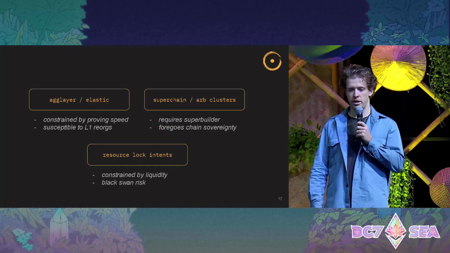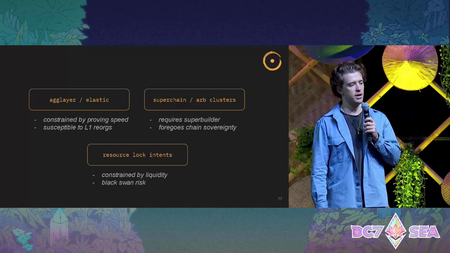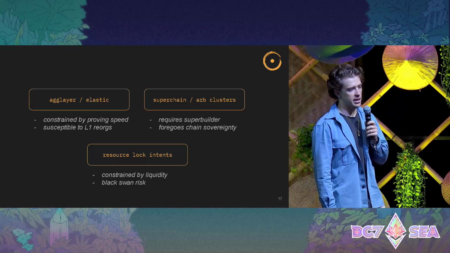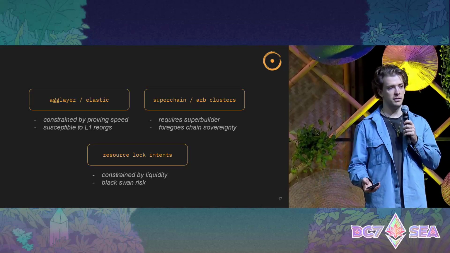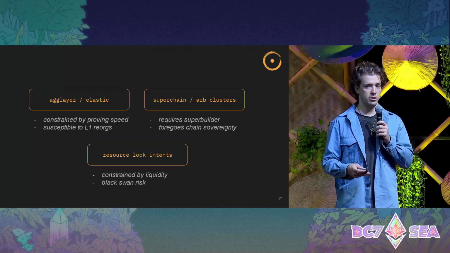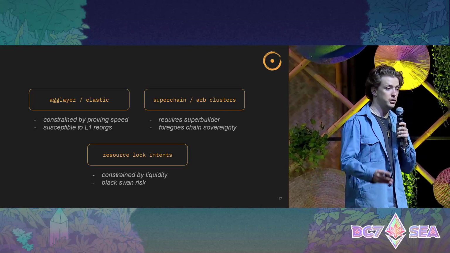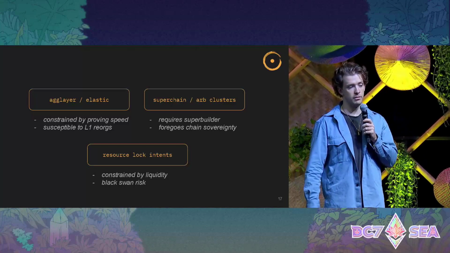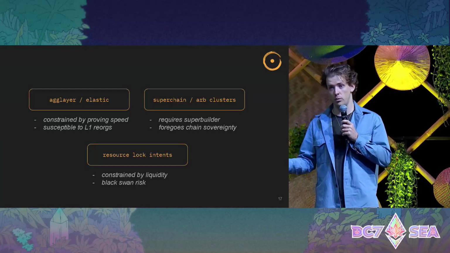So if you look at in-cluster interop between the ZK rollup land and the optimistic rollup land, you'll see some of this terminology come up. So AgLayer and Elastic are both ZK rollup clusters, and they are limited by some fundamental constraints. One is the proving speed of the rollup itself. So you cannot send a message within this interop system faster than the proving speed of a ZK proof. And if you were to assume that you had real-time proofs, which is a standard that we're looking for, even in that world, you're constrained by the fact that you can have cascading reorgs across 2 different rollups.